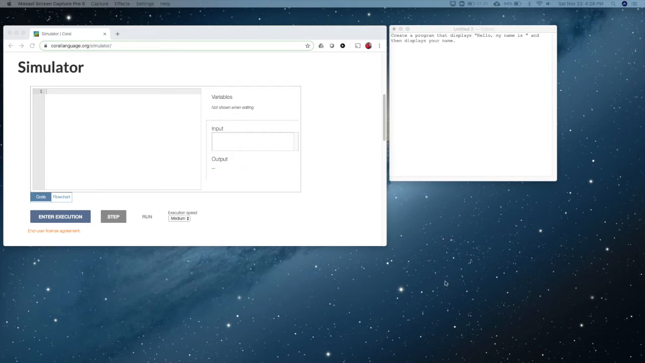And over here on the right, I've written out the requirements for a simple program. They are to create a program that displays, hello, my name is, and then display your name. So this is about the simplest program you can write in any language. Within the Corel language, we use the keyword put, which kind of means to display. So we would say put,